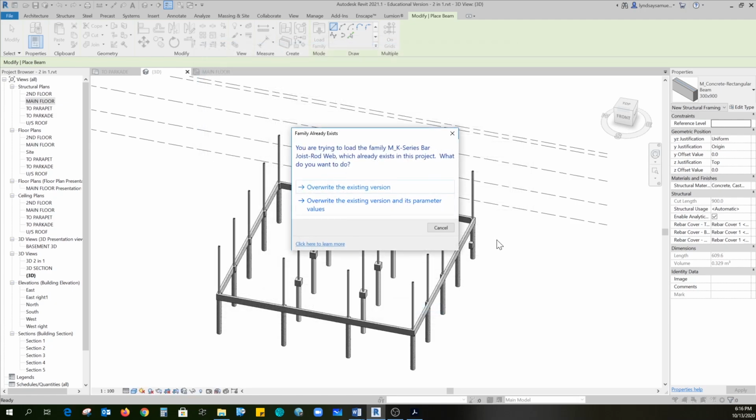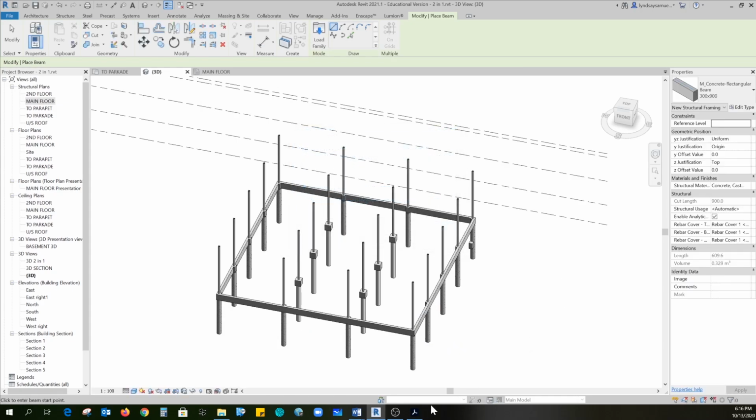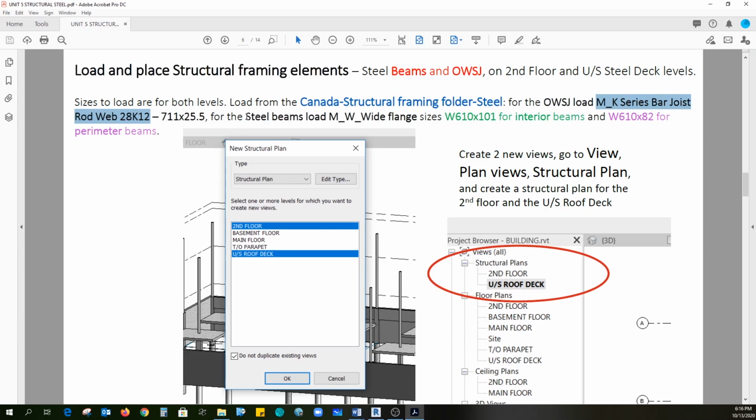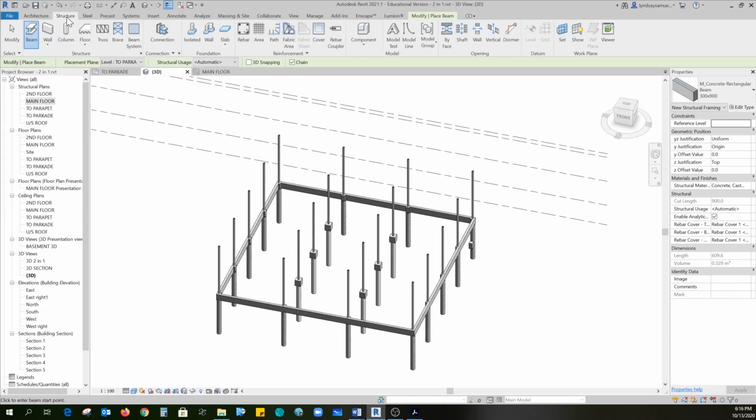We're going to bring it in. I've already got it in here, so you'll bring it in. I'm going to hit cancel. And while we are loading things, let's go get some MW wide flange beams. We're going to get 2 sizes, and we do it all in one move. We're going to get a W610 by 101 and a W610 by 82, and we're going to bring those guys in. So on the structure tab, beam tool,